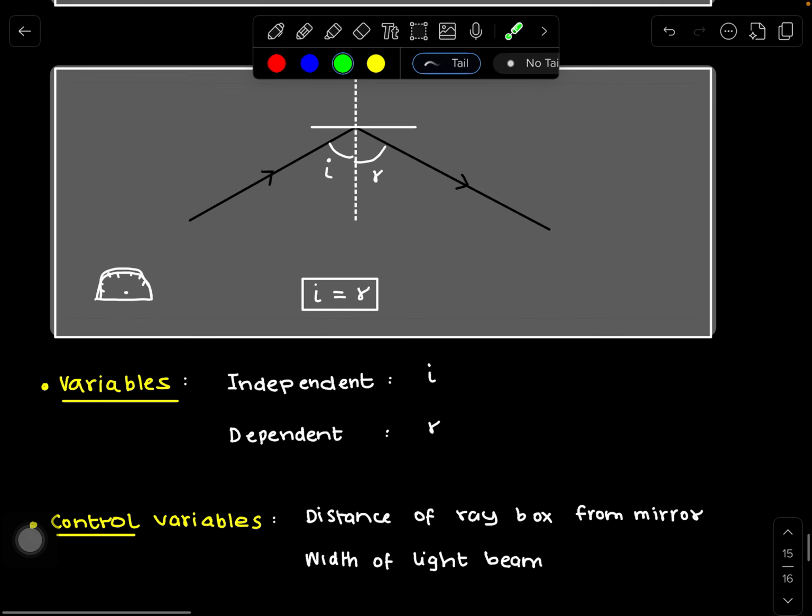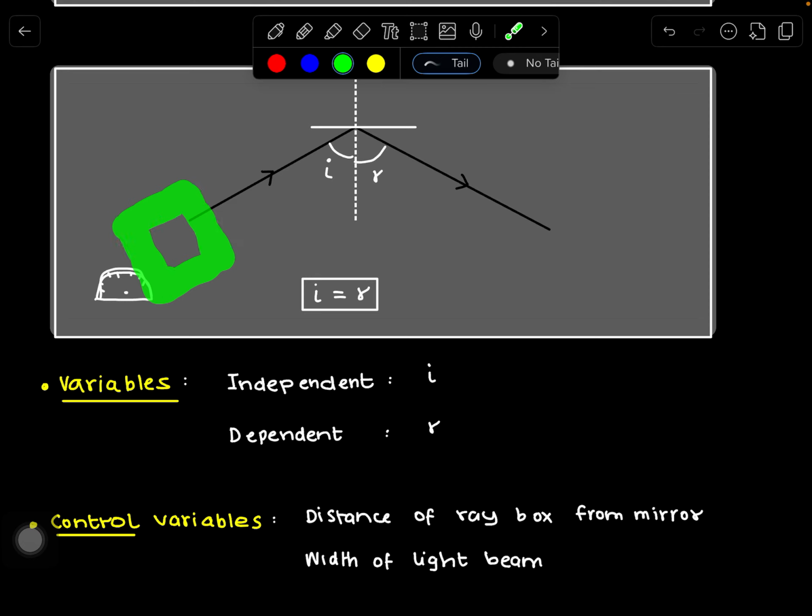इसका मतलब है, अच्छा, why are we doing this in the first place? You might be thinking. हम कर क्या रहे हैं हम? रिफ्लेक्शन को इन्वेस्टिगेट कर रहे हैं और हम देखते हैं कि अगर आप एंगल ऑफ इंसिडेंस चेंज करते हैं तो एंगल ऑफ रिफ्लेक्शन भी चेंज हो जाएगा।